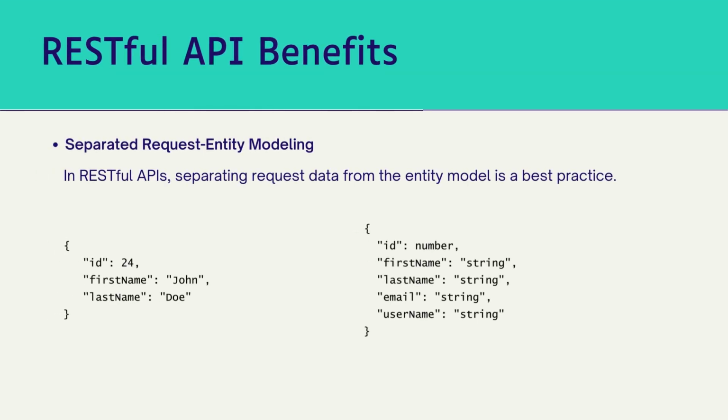In RESTful APIs, separating request data from the entity model is a best practice. The model on the left side is our request model sent by the client. In this model, there is an ID section that specifies the data to be updated in the database, and the fields we allow to be updated, first name and last name. On the right side, we have our user entity, and we have two more fields, email and username, and the client cannot